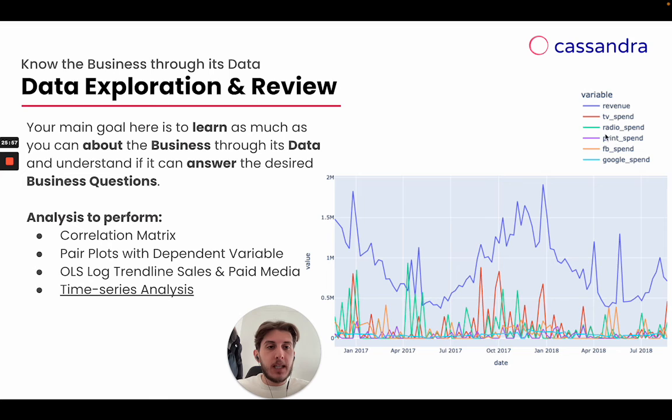And the green peak is radio spend. So we spent a lot on radio, and then probably the next week we generated a lot of sales. So what we can get an idea of here is actually that maybe the radio doesn't convert right away. Maybe it converts the week after, because people start hearing about us on the radio on the way to work,